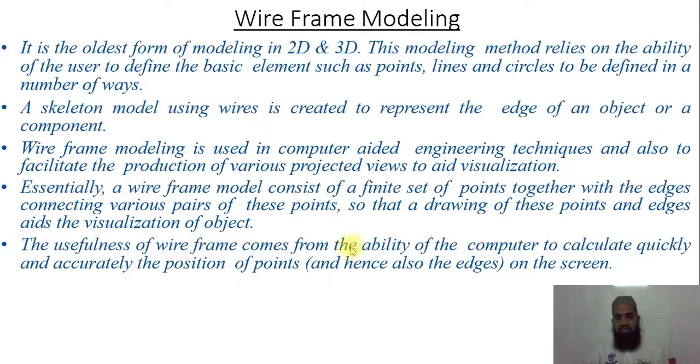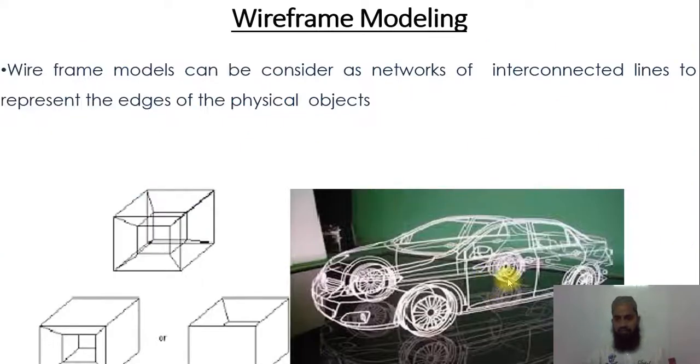For example, you can see the figure. In this case we are using different types of entities, for example circles, curves, as well as lines and points, and by use of all these entities we can form a wireframe model. You can see here a cube box. In this also you can see a number of lines in the form of a wireframe, all connected with points, and they form a cube, they form a model. So this is the example of the wireframe model.